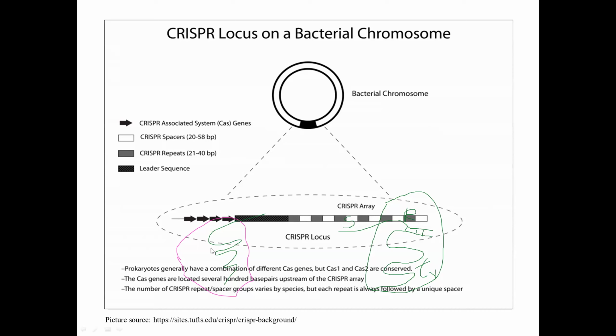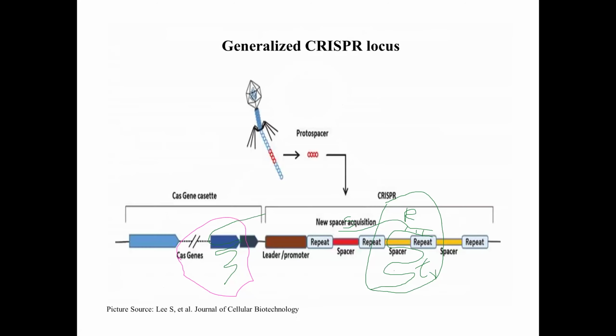Now, if you see here, you have these Cas genes. These genes code for Cas9, Cas12, Cas1, Cas2, these kinds of genes. So this is another way of looking at it. You have the gene cassette, and to that side you have the CRISPR array. We can see the spacer sequences, and you can see that the spacer sequences are flanked by